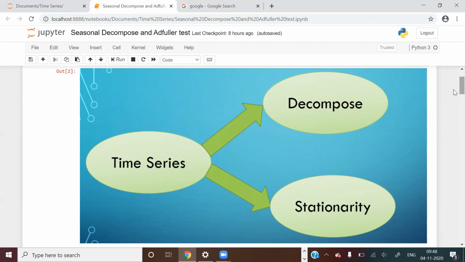In this particular video we will understand two things about the time series data. One is how to decompose the time series data and the other is how to do the stationarity check in the time series data, right? I have discussed the theoretical part of decomposition. The decomposition is nothing but finding the additive and multiplicative parts of a time series. I'll show you with an example how to do that in Python, and I will also show you how to check this stationarity. Now what is stationarity again? It is nothing but if the mean and variance of your time series is constant over time.